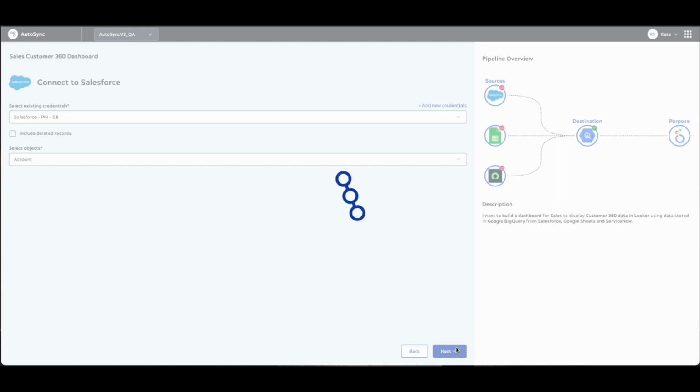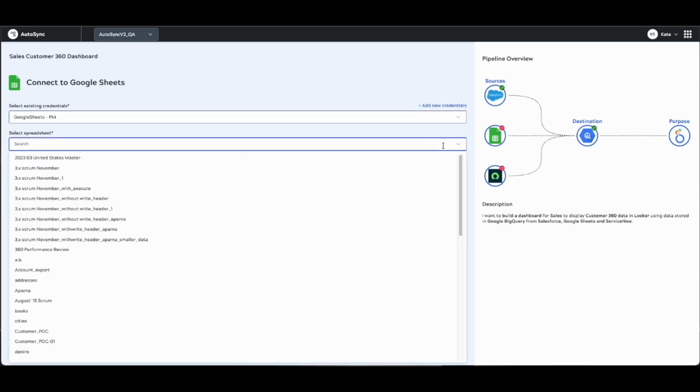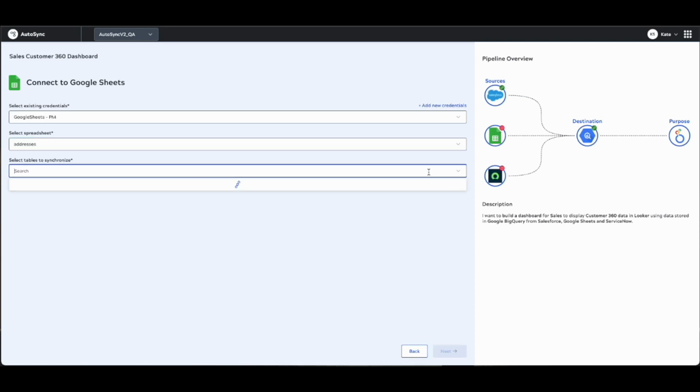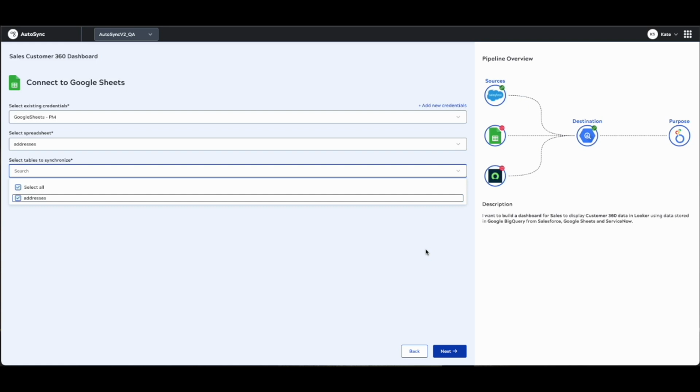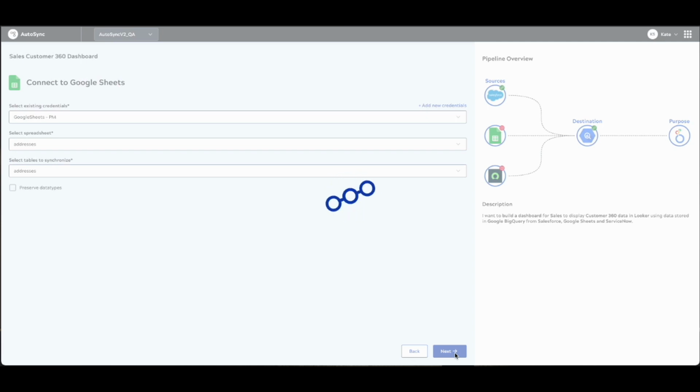Now that icon will turn green, and I get to specify my credentials for Google Sheets. Again, a predefined set of credentials. Note at any time I could add new credentials if the appropriate access is not pre-configured for me. And in this case, I'm choosing my spreadsheet and which worksheet in that spreadsheet I actually want to include. I could include multiple here as well. If I wanted to, I could preserve any data type information from the spreadsheet, but I'm choosing not to,